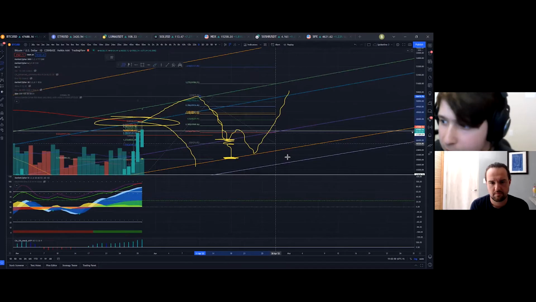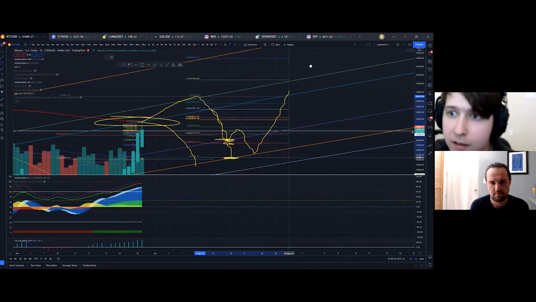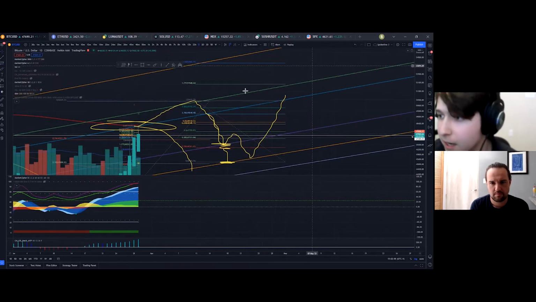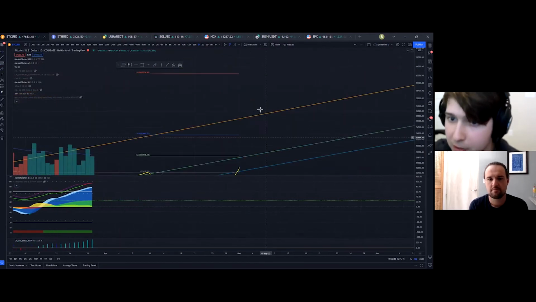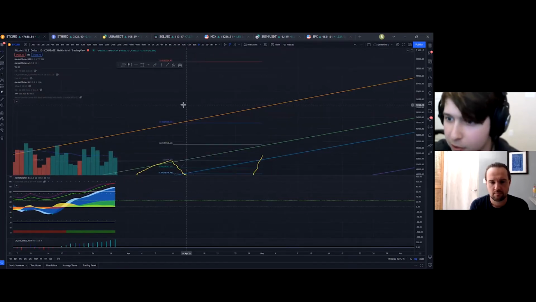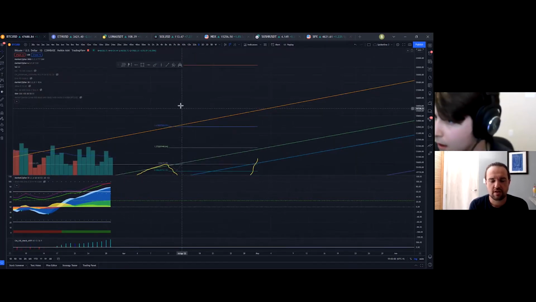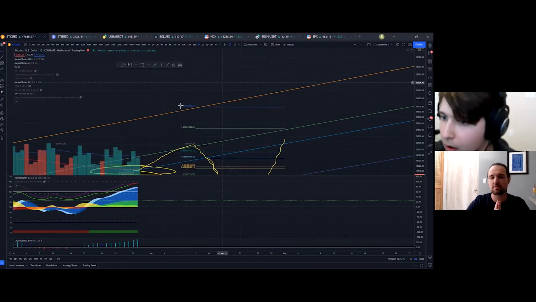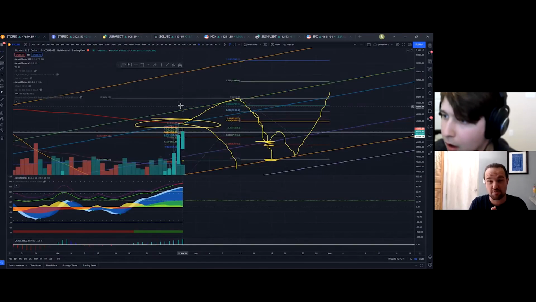down to 45K, that would put our macro target, our 2618 at 60K, which is where people think the FOMO rally might be going. So yeah, I could definitely see that playing out as well. All right. So I think a lot of people will be caught by the pump a little bit by surprise.